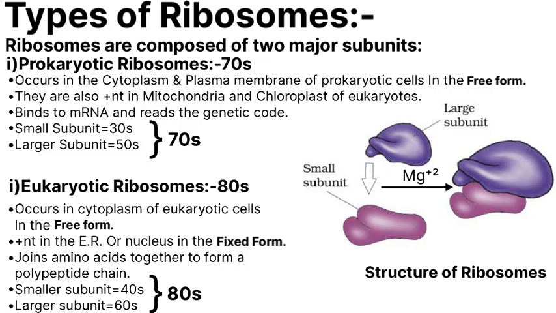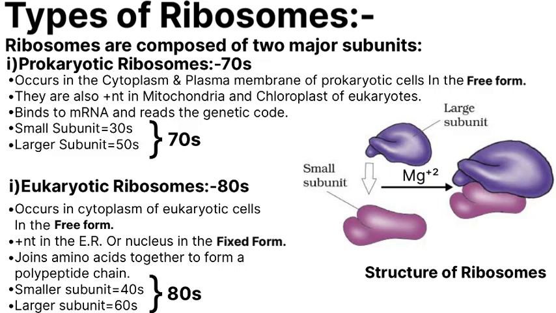If we talk about the structure of ribosomes, they are composed of two major subunits. The first is the smaller subunit and the other one is the larger subunit. When these subunits combine together, only then can ribosomes form protein and behave like the protein factory of the cell. The assembly of both ribosomal subunits takes place only when the concentration of Mg+2 ions is high in the cytoplasm of the cell.